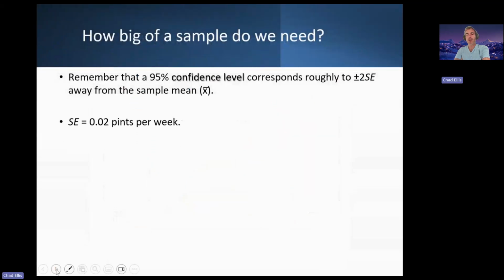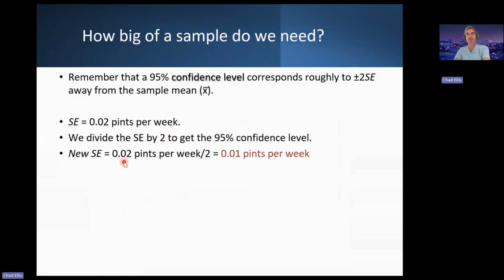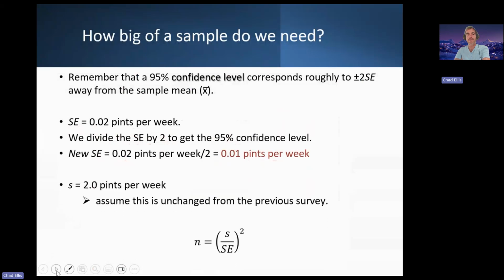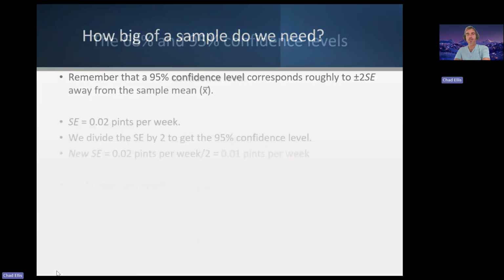Right, so again, going back to our pint example, we have a standard error of 0.02 pints per week. That's our standard error. So if we want to be more certain, if we want to go from a 68% confidence level to a 95% confidence level, we need to divide that standard error by 2, right? So we need to decrease the error, the uncertainty, by 2 to get to the 95% confidence level. So we take our standard error 0.02 divided by 2, that gives us a new standard error 0.01 pints per week, a lower error. So now we're going to plug in those values,